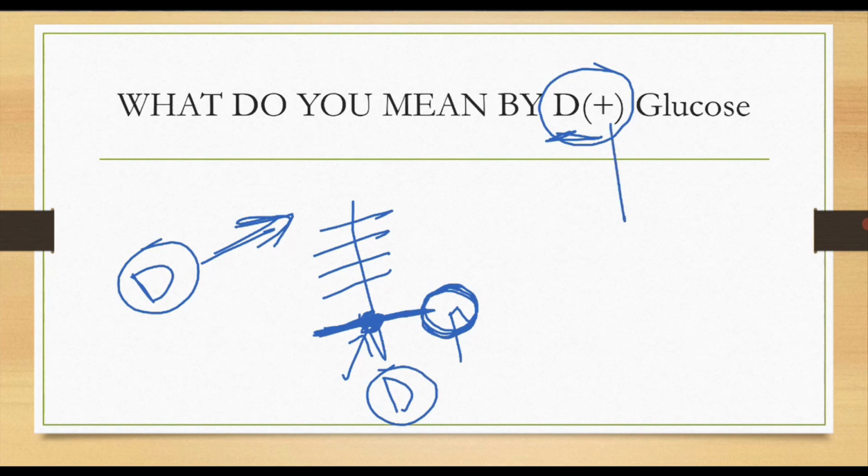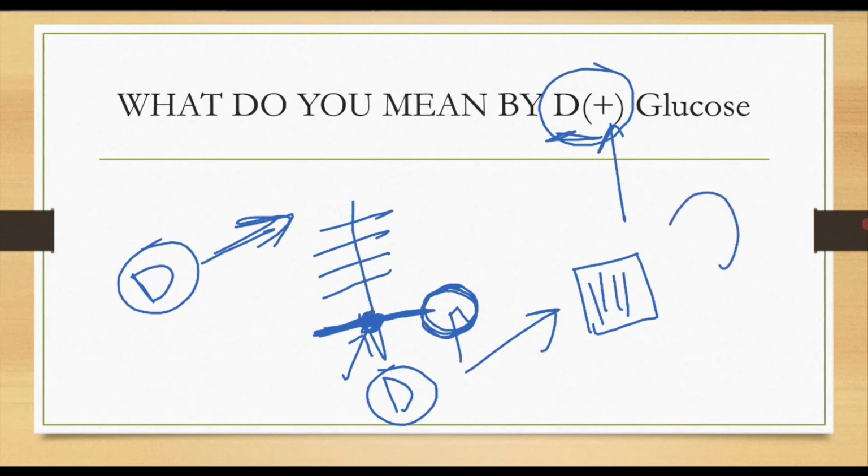And what is this plus? We saw that if a molecule rotates plane polarized light in the clockwise direction, it is called plus or small d, and if it rotates in the anti-clockwise direction, it is small l or minus. So plus means the glucose compound, if I take it and pass plane polarized light, will rotate the plane of polarized light in the clockwise direction. These things I can conclude.